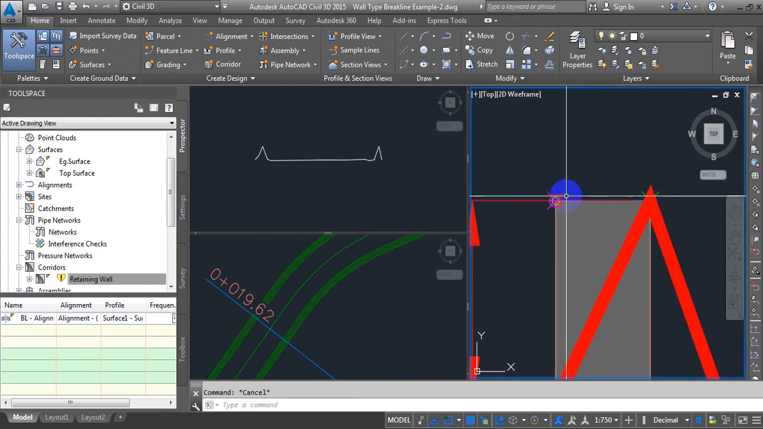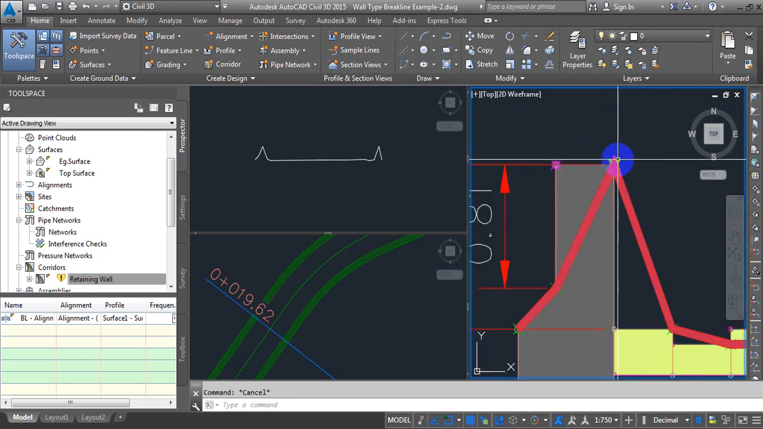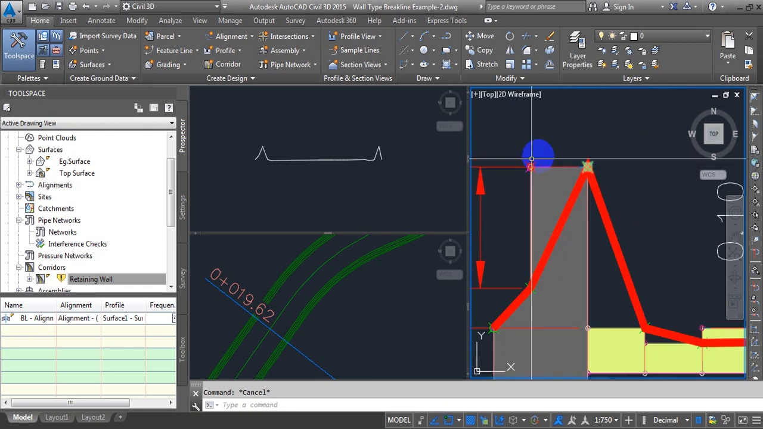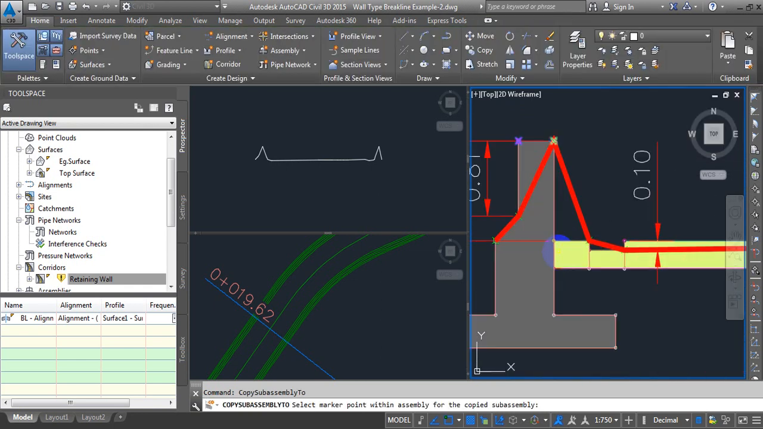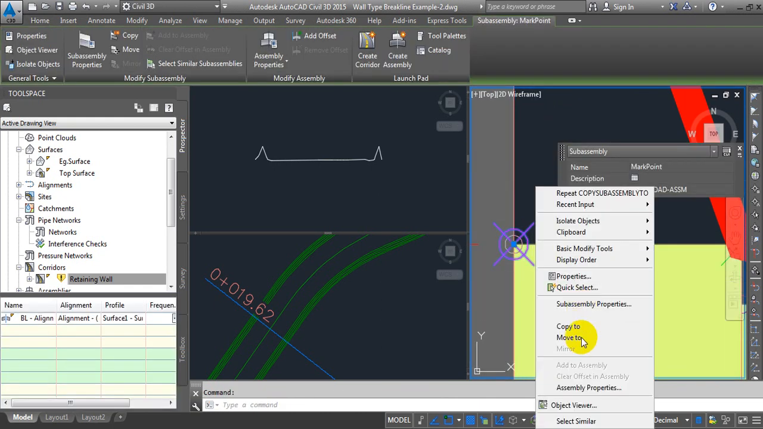It already has taken a different style. These are green ones, and this is of some other type. So I will click on this, right click, copy to, wherever Civil3d is ignoring points. I'm gonna add these points. Click on this, copy to